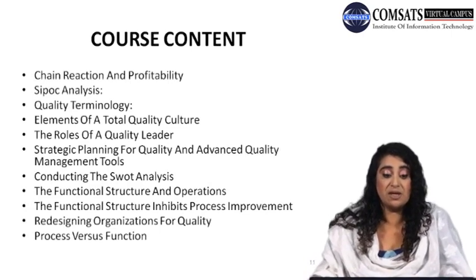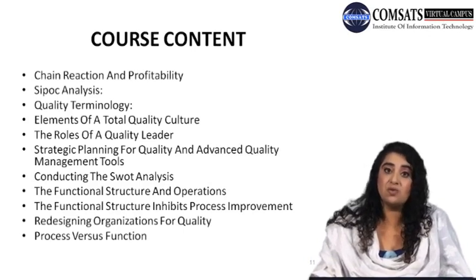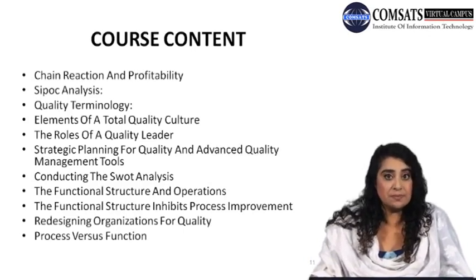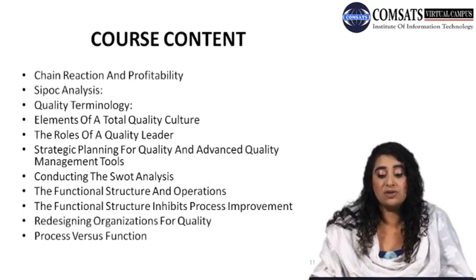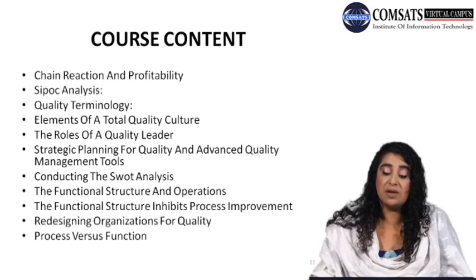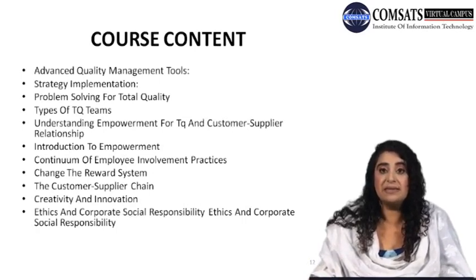Then we're going to be further studying the roles of a quality leader, strategic planning for quality and advanced quality management tools, conducting the SWOT analysis, then the functional structure and operations. The functional structure inhibits process improvement, redesigning organizations for quality, process versus function. Then we're going to be studying advanced quality management tools, strategy implementation, problem solving for total quality, types of total quality teams,